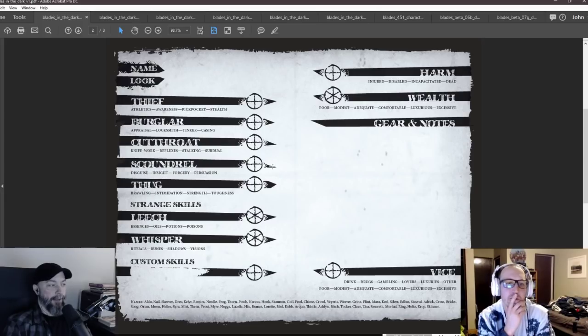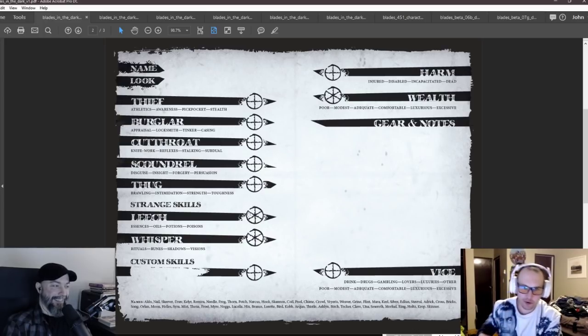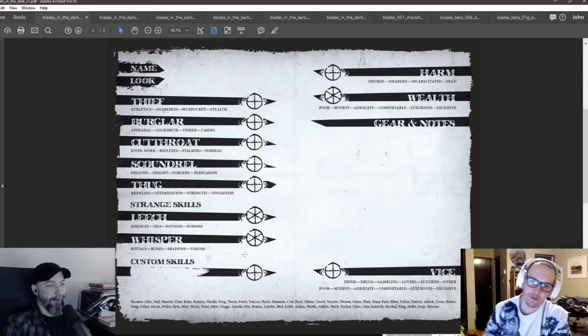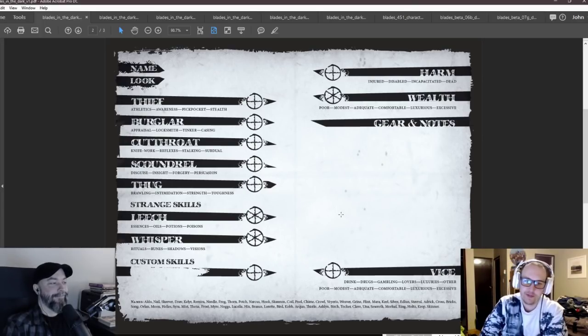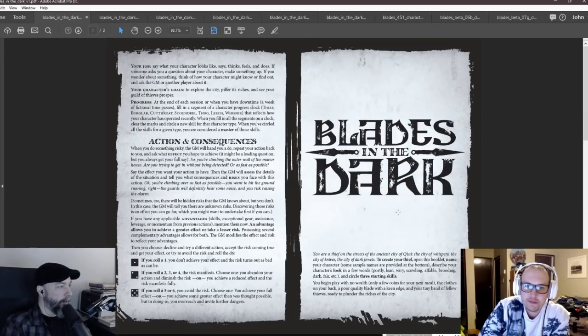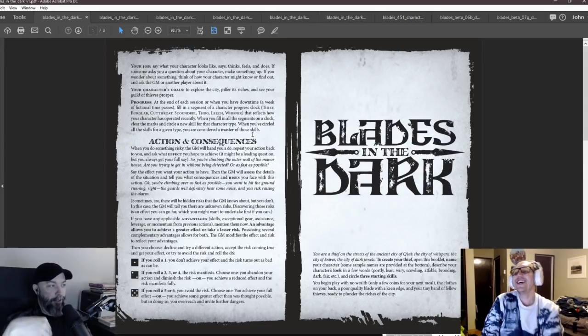And you will notice they are 4 sections, but not the Leech and the Whisper, because they're special. Because they're special, it takes more. It takes 6 to level up those because those are the magical, powerful things. Yes. And typically, I think it says here, progress: at the end of each session or when you have downtime, a week of fictional time passes, that is what downtime is, you fill 1 segment on one of your clocks. So it's a very slow process.